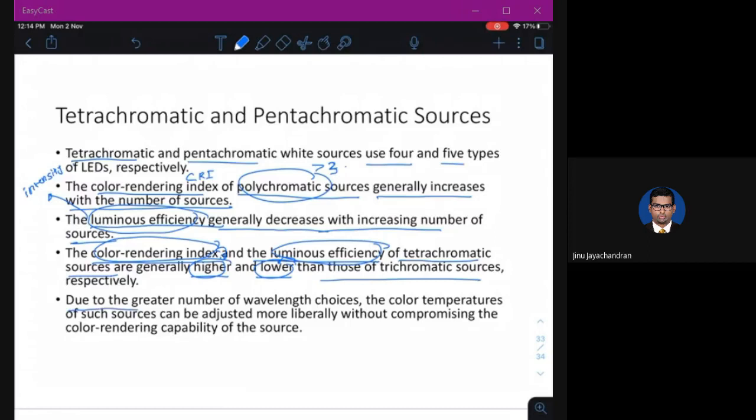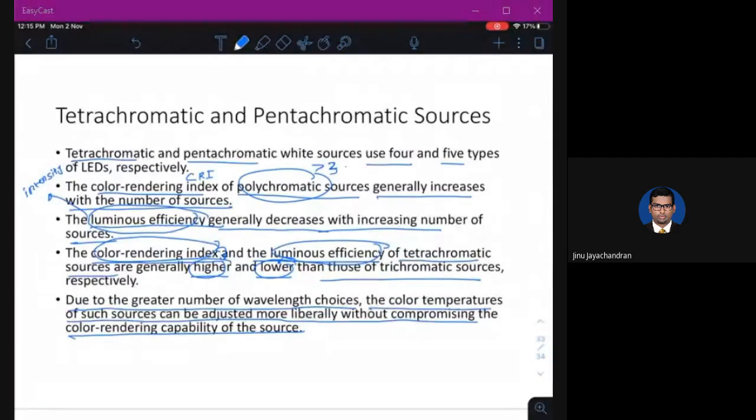Due to the greater number of wavelength choices, the color temperatures of such sources can be adjusted more liberally without compromising the color rendering capability of the source. Since for tetrachromatic and pentachromatic sources a very large number of wavelengths can be fabricated, by adjusting the wavelength choices the temperature dependencies can be adjusted without changing the color rendering capability.